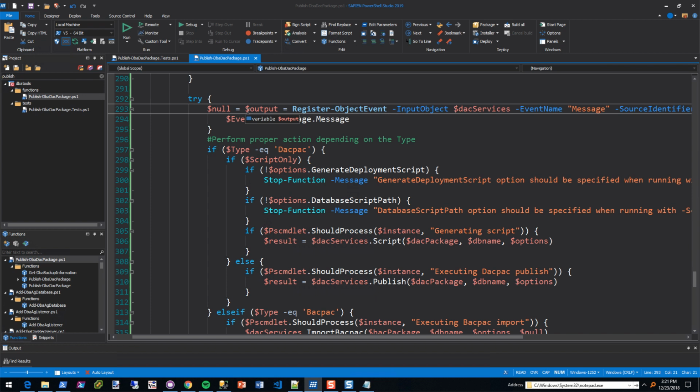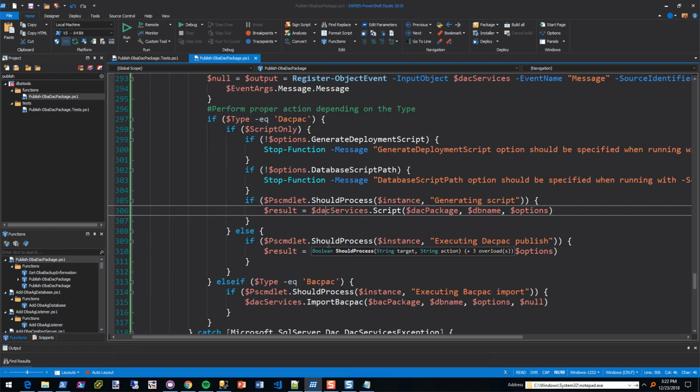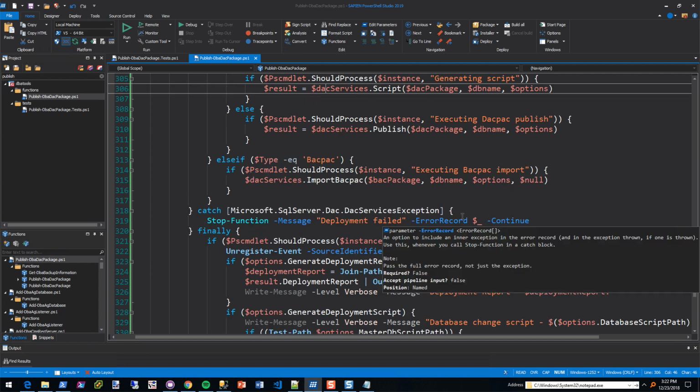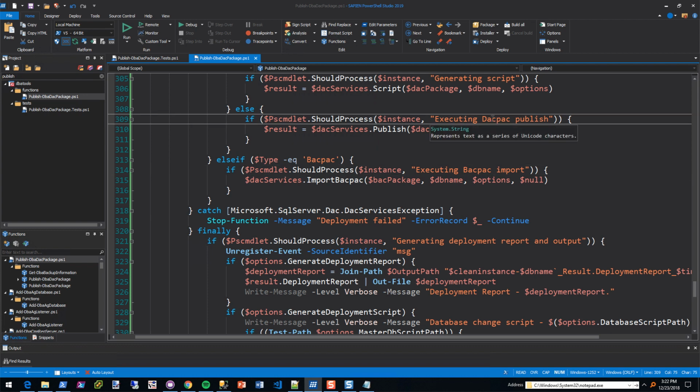I'm just kind of figuring my way through, seeing if there's a more appropriate way. Because I generally don't tell the users, hey, I'm registering an event, because that doesn't mean anything to them. And I do try not to do things like generating deployment report and output, because nobody really cares about that. I mean, this is executing the DAC pack publish against the SQL instance is what they're really looking for.